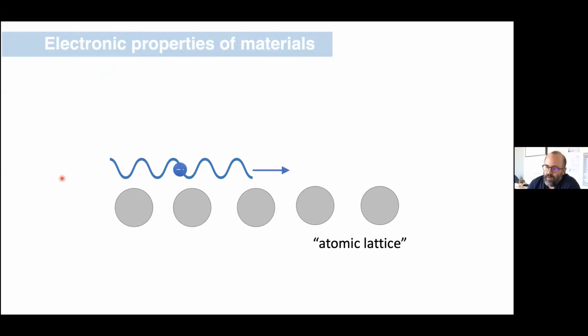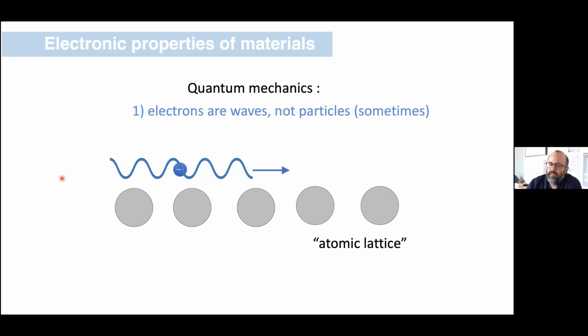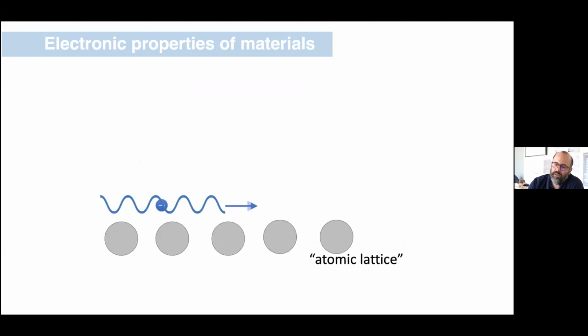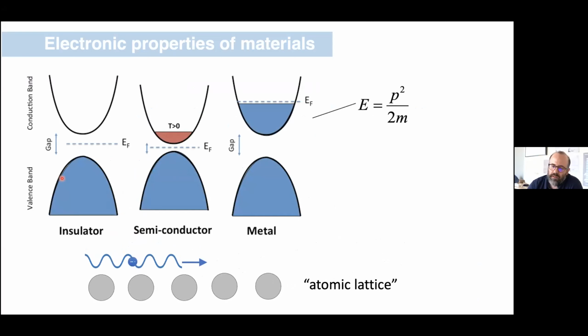Electrons are not point objects, they're waves. When these waves move through a lattice potential, there's an interference between the electron wave function and the lattice grating. This is the theory of conductivity that was worked out by Bloch and is the underpinning of what Stefan talked about at the beginning. The idea is that exactly how this electron wave function interacts with the specific lattice, the particular nature of the interference that occurs, gives rise to a modified energy dispersion. So this electron no longer behaves like it's in free space, but behaves like it's modified. This is the undergirding of what we call the band theory of solids, which again was introduced a moment ago.